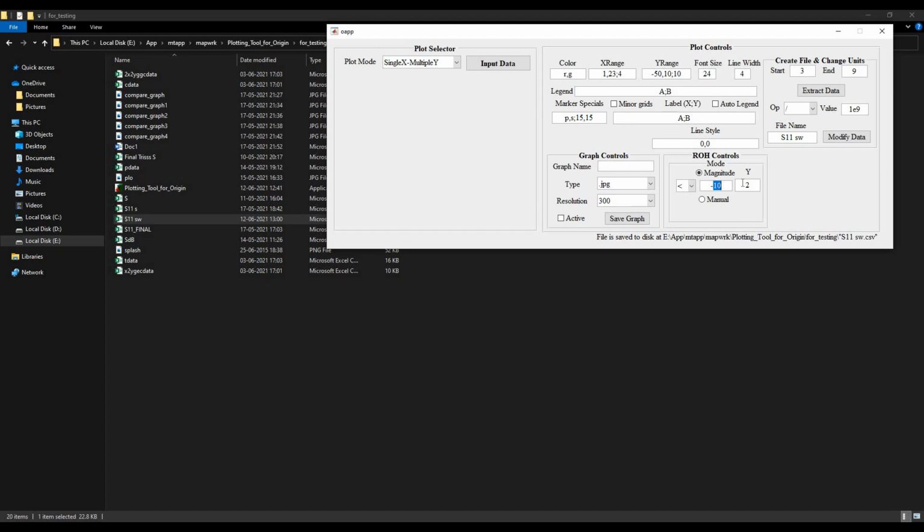And one more interesting thing is you can automatically highlight the regions of the plot where the S11 falls below minus 10 dB. We usually refer to it as the bandwidth. In our case the plot will fall into multiple x multiple y, and I will leave this x column control in auto mode, since there is a variation in the sample size of the simulated and the measured data.